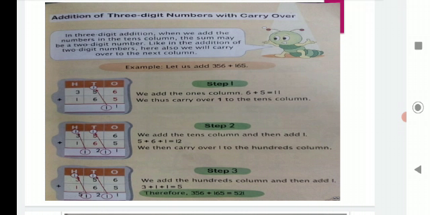At the ones place, I can see I have 6 and 5. When I add 6 and 5, I keep the bigger number in mind and the smaller one on fingers. So 6 plus 5 is 11, and 11 is a 2-digit number. Thus we carry over 1 to the next column and place 1 in the answer. This is how we can write.